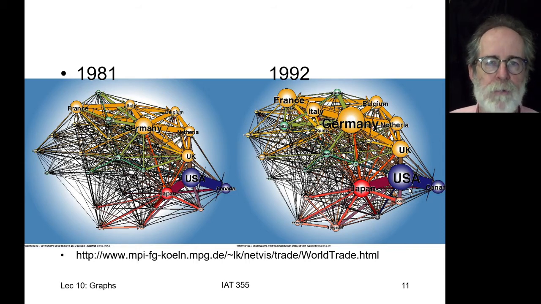Not a gigantic enough change, but trade with Mexico improved. The NAFTA version of free trade didn't start happening until the mid-1990s. So that's why the trade between USA and Mexico is not so salient in this graph. Trade between Japan and the USA was very significant in this era, but one of the things that you can see in this graph is that trade between Japan and other